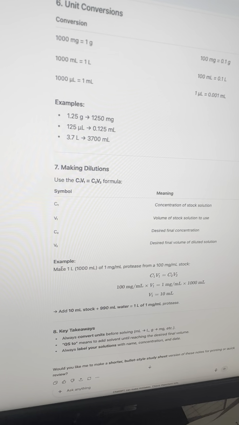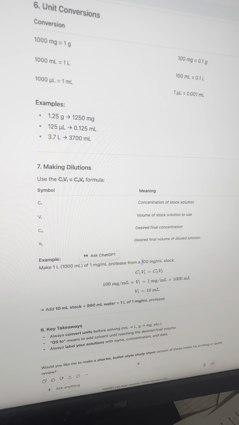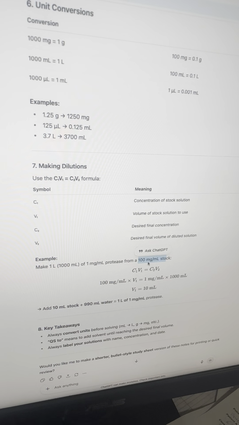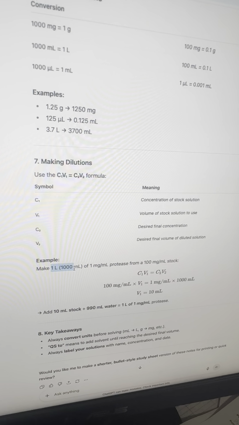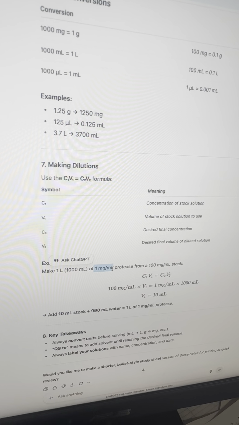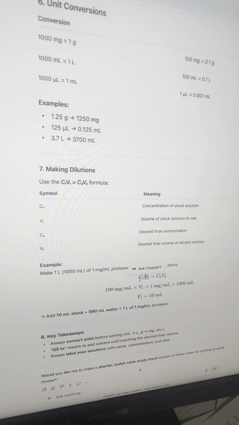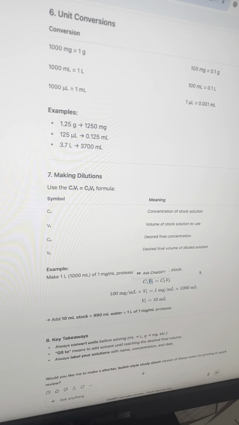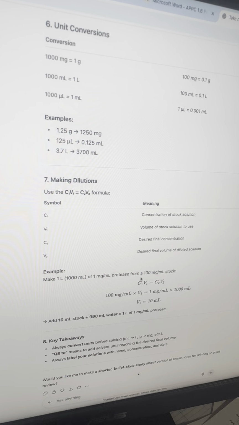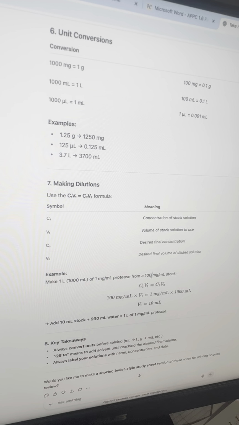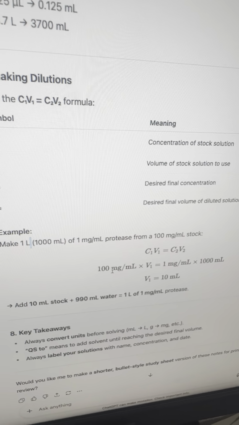So 1 liter, okay, so we have a volume of 1 liter, and a concentration of 100 mg stock. Okay, so that is our C2, this is our V2, and this is our C1. So we have everything but V1, right? We have C1. This is C1, this is C2, and this is V2. So you can just do that. 100 mg,